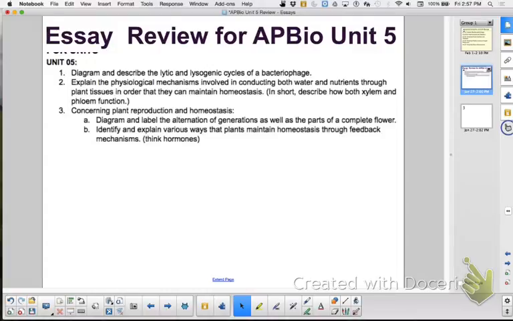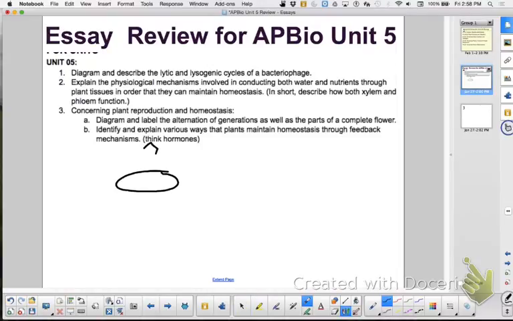Which one is quicker? Which one would you refer to as a prophage? Lysogenic. Which one is integrated into the host chromosome? Lysogenic. Which one lies latent? Lysogenic. Okay? So you would want to be able to do a diagram of that where I see both of them interchanging, and very simple diagrams. I would have things like this, right?